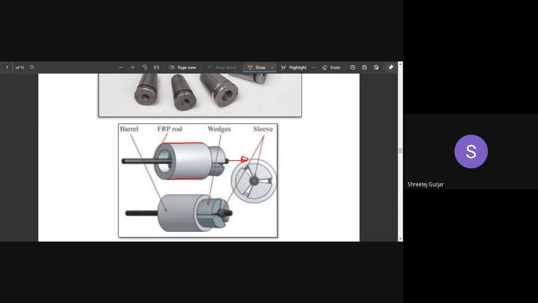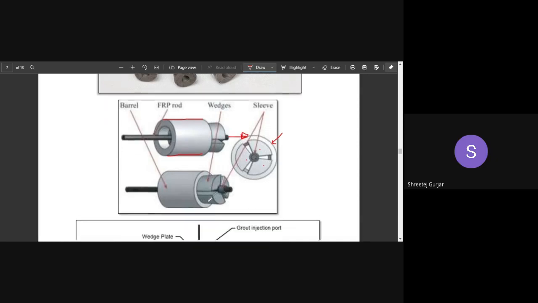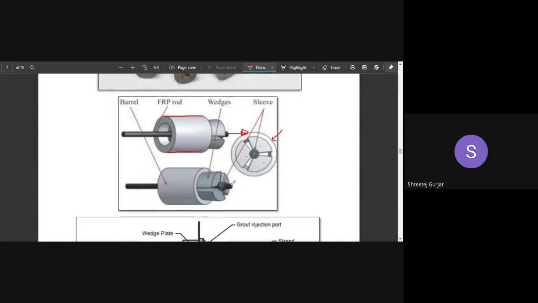And you can see in this cross section, this is a steel wedge and this is your cylinder. These are your steel wedges, and you can see a strand is passed, and this is how your steel wedges open up so your steel strand can be passed. In this 3D image also you can see the steel strand is allowed to pass in this direction, but your steel wedge will not allow your steel tendon to pass back in this direction. So it will hold your steel tendon in place.